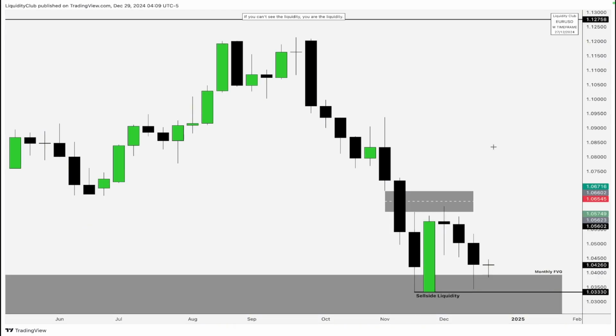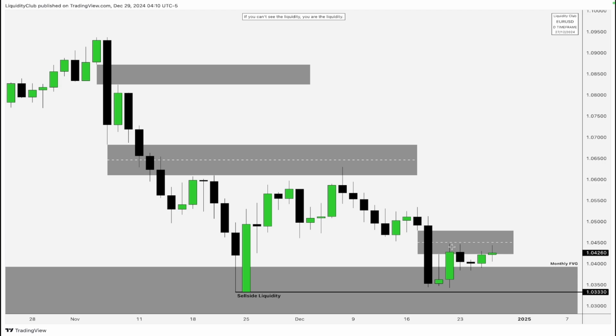Going to Euro USD, also known as the Fiber. Here I'm viewing the weekly time frame chart. You can see the EU is building sell side liquidity here below the lows. There's a small fair value gap here as well that price can retrace to, then trade down lower. Going to the daily time frame chart, you can see this is a buy side liquidity that price is building here, sitting above these highs. Price can take out this buy side liquidity and then drop down lower towards the sell side liquidity right there. That's going to be pretty much it for Euro USD, also known as the Fiber.